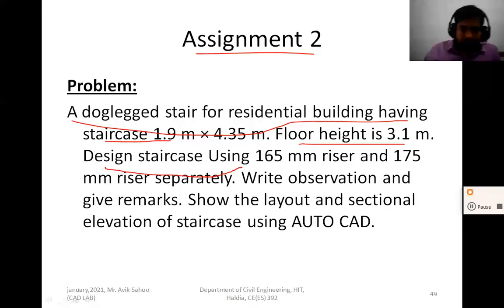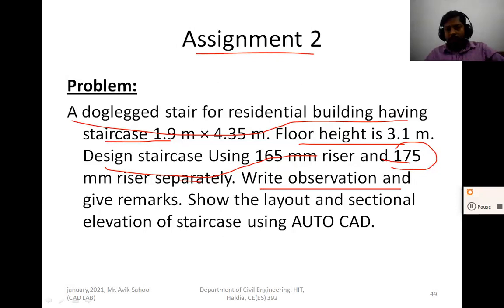Now you design the staircase using a 160 mm riser and a 170 mm riser separately. Write your observations and give remarks.